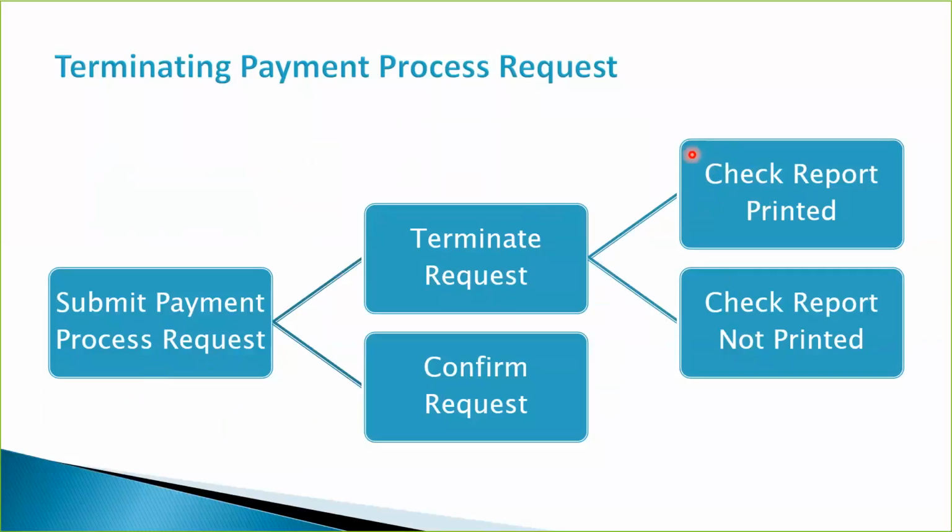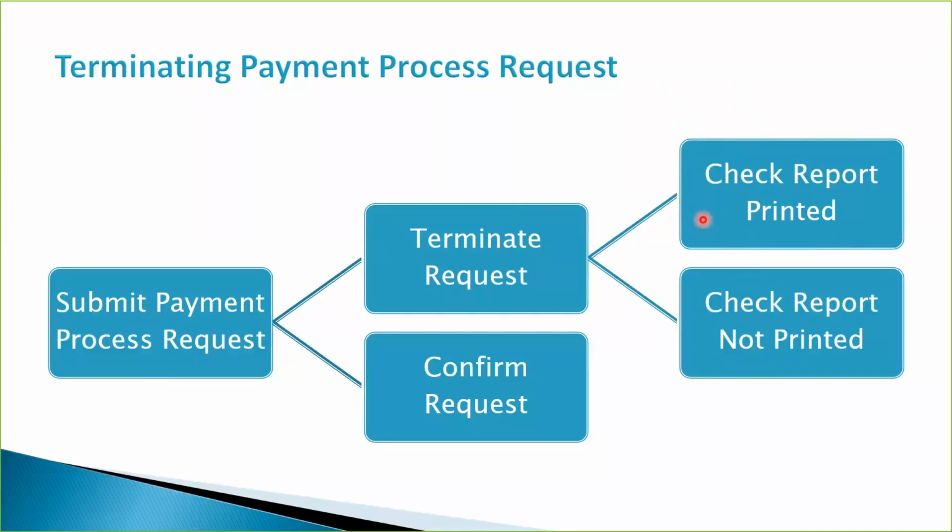So those numbers correspond to actual physical checks, right? So if you have 1000 check leaves, and this is the first check stock you're using, the first check leaf will be check leaf number 1. And so the system tracks those check leaves